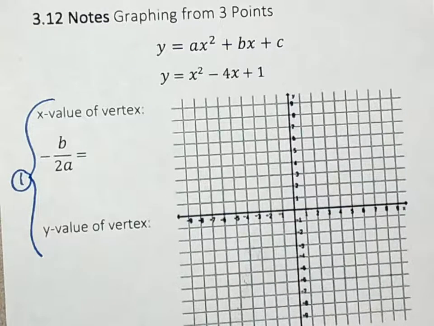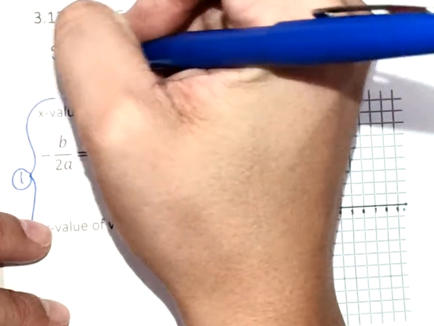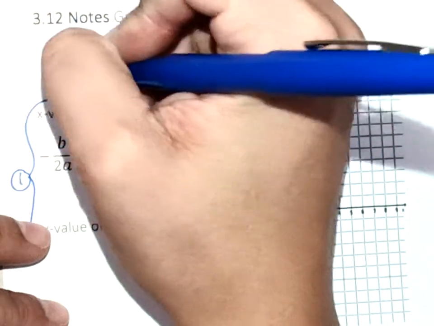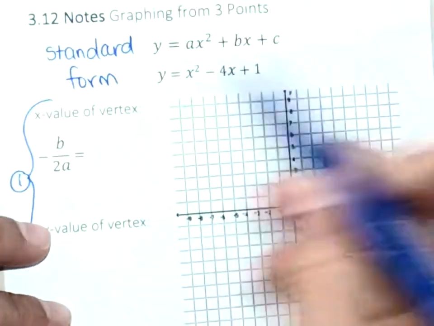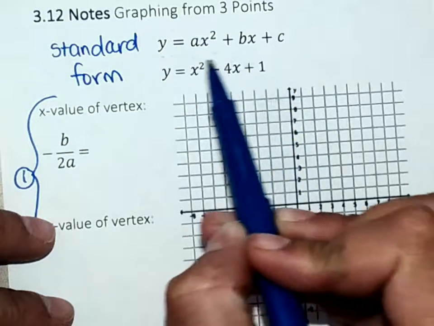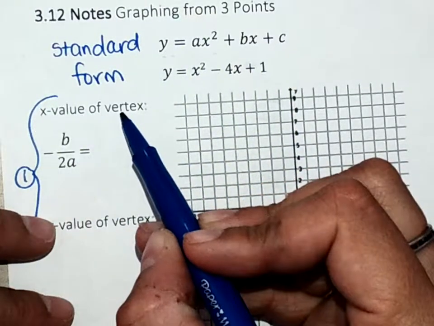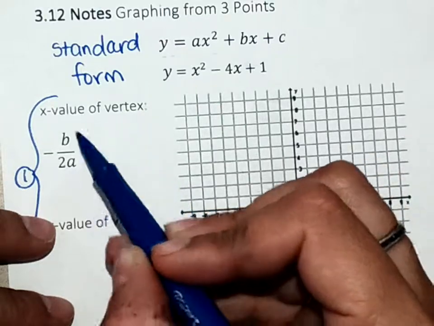In our notes today, we're going to learn how to graph from 3 points when our equation is in standard form. Remember, this is the standard form of the equation, and this is the quadratic that we are going to be graphing. Our first step is to find the x value of the vertex, which we find using negative b over